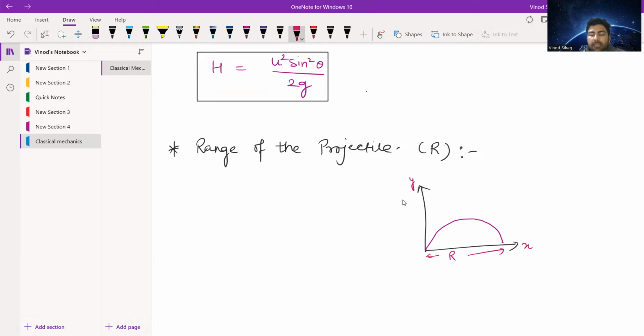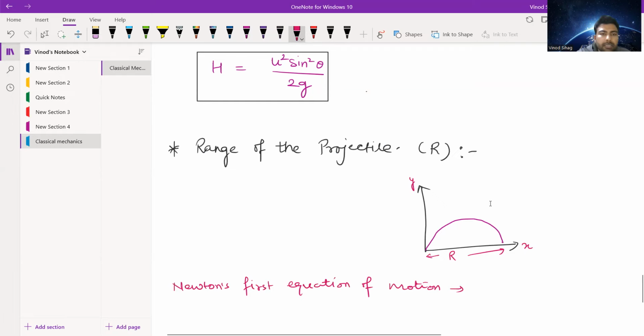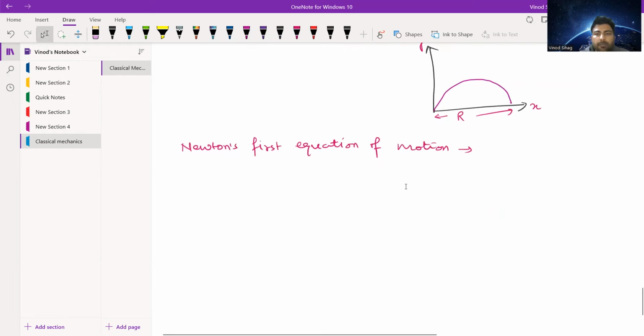So if we apply Newton's first equation of motion in the x direction, it will be basically